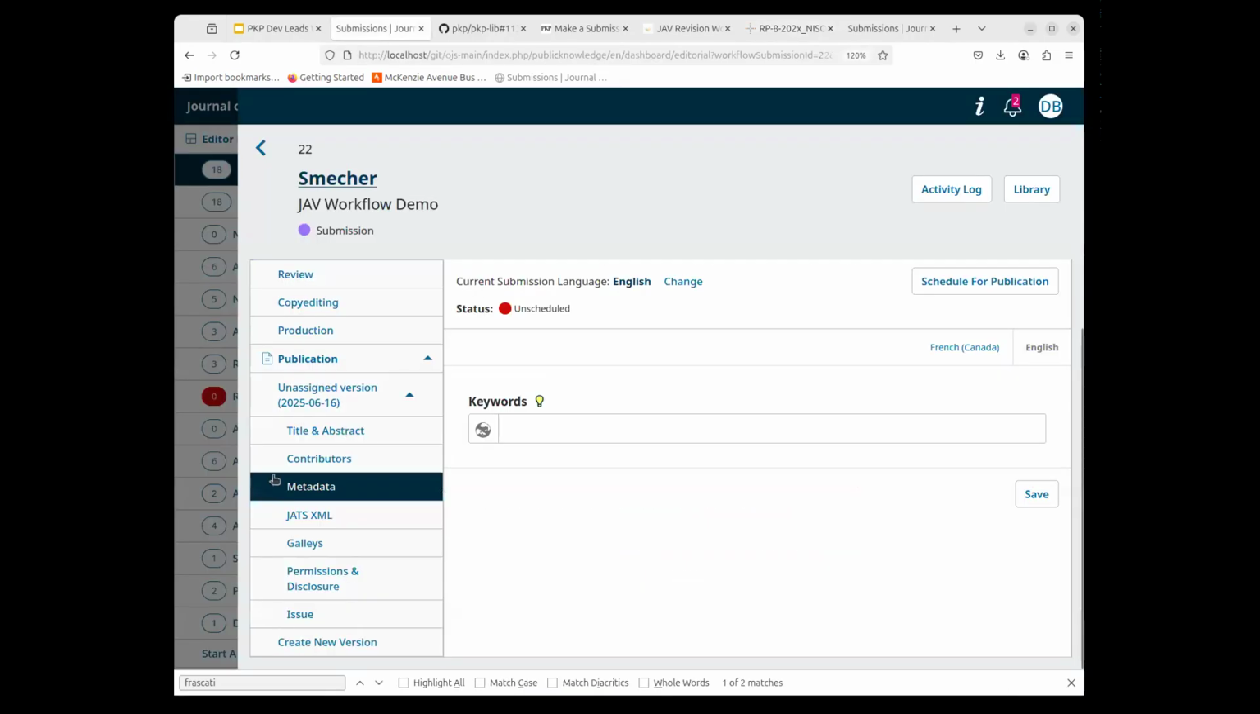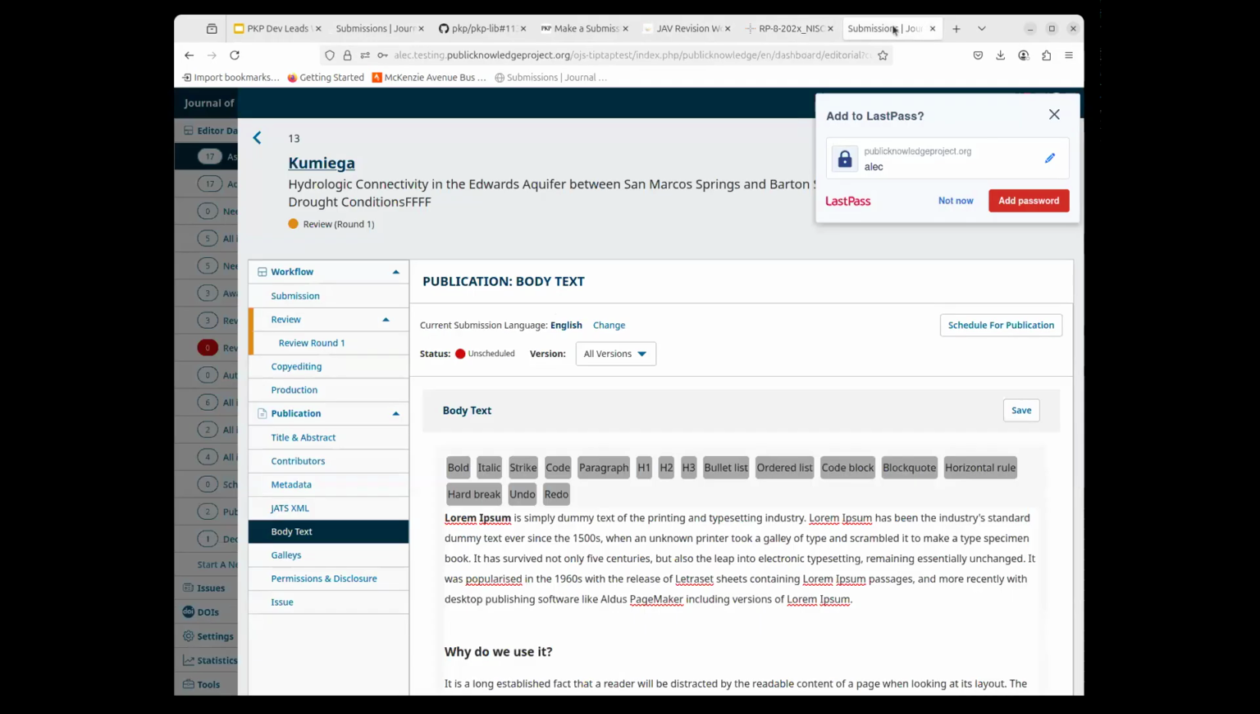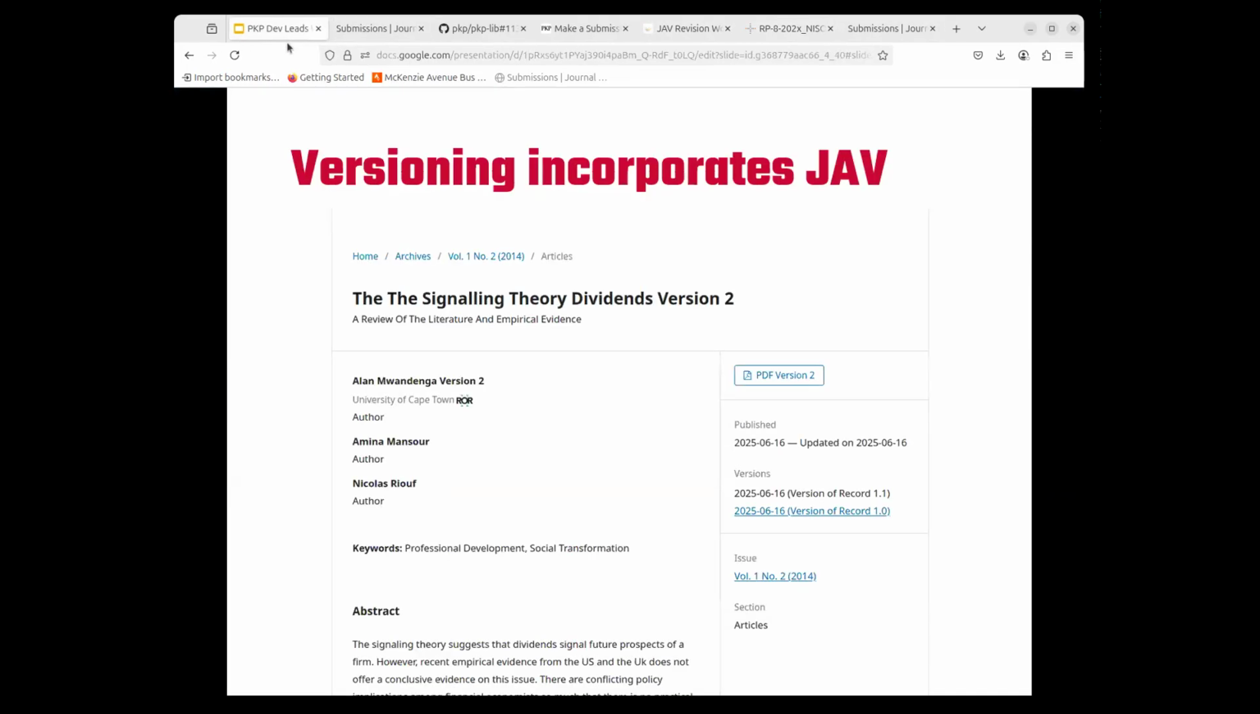Okay, so going back to the workflow, let's just see if I've got a submission published. I think I have the screenshots here. Okay, so I first want to motivate how we're using the versioning tool set to incorporate journal article versioning. If you're using OJS and you have versioning on your articles, you'll be used to seeing something like this, where if you have a revision made after the article is published, you'll be able to publish a version 2 essentially,